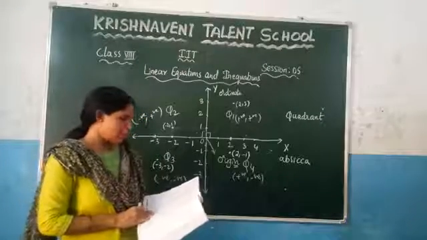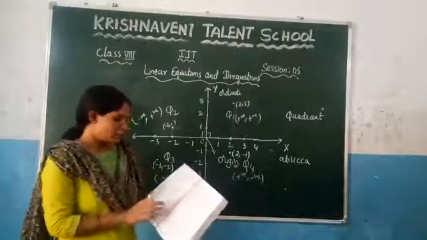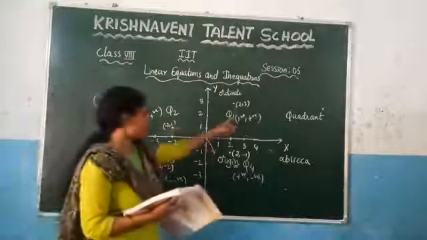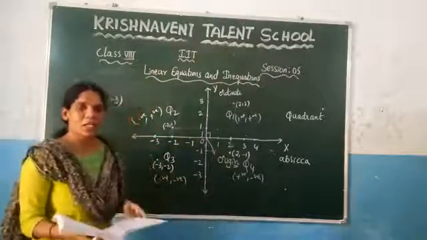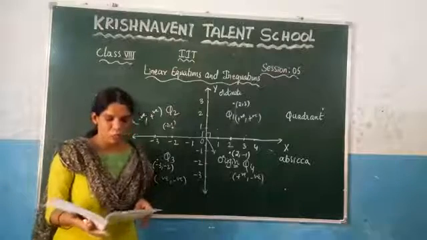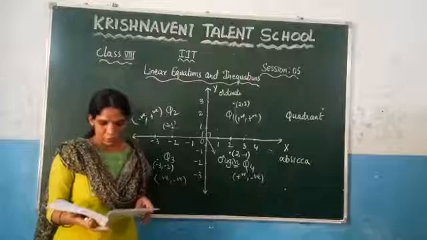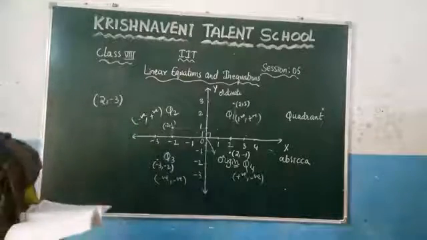Now see here, if you see example one, they have told how to plot the points on the coordinate plane. That also I have explained here. By taking a point in each quadrant, we have learned how to plot the points on the coordinate plane. And after that here, let us consider an example.